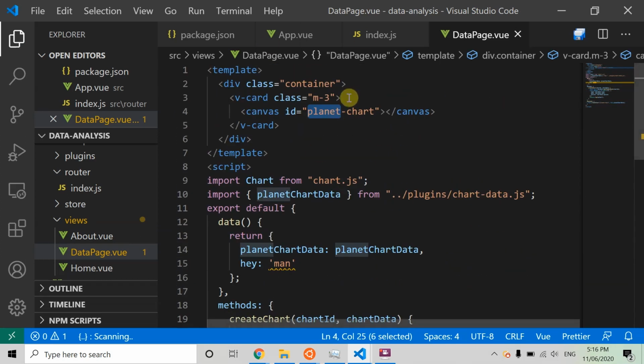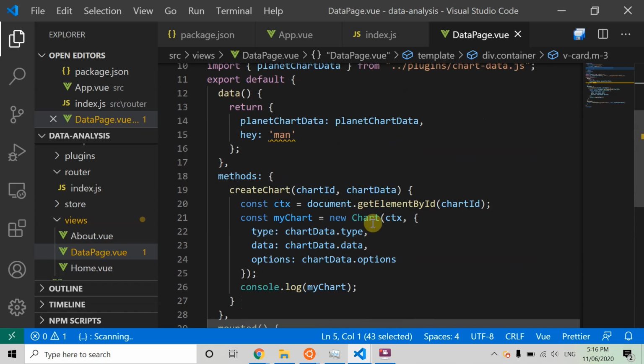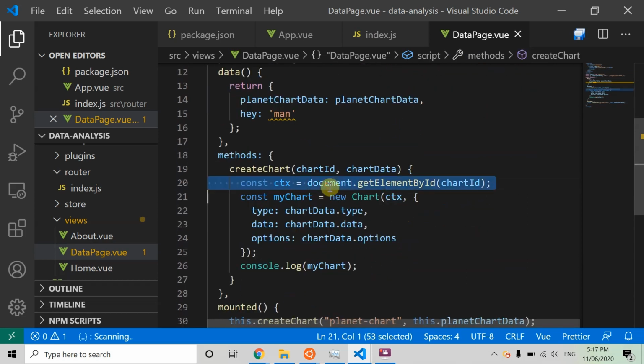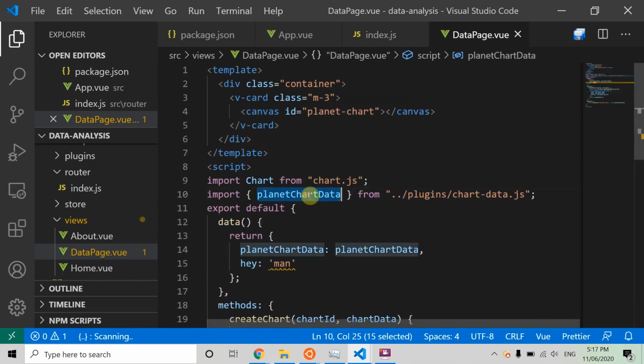So we're basically going to do a bunch of things with the canvas here. Next, we're actually getting the constant myChart, and that's basically a new object. So we go new Chart, and you have to put in the actual place you're going to put it in, the type of data, the options, and that's going to be explained by this planet chart data, and that's actually